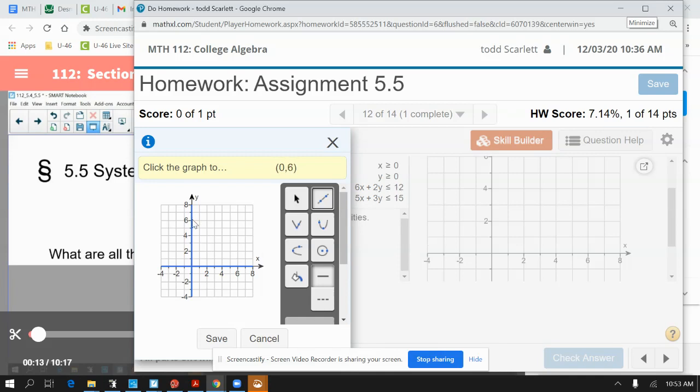So that's 0, 6. So that is that line right there. And then the other line, this would be 5 times 3 gives me 15, and 3 times 5 gives me 15. So when x is 5,